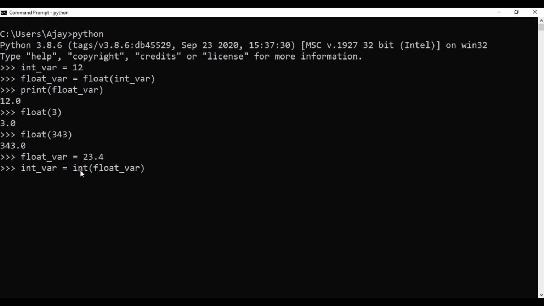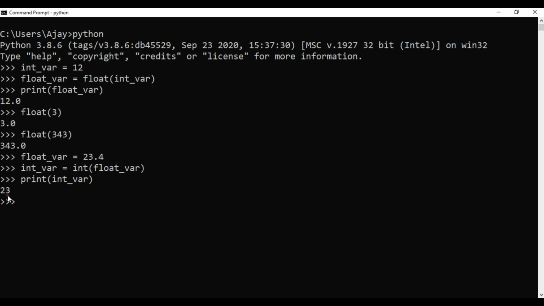And this int function will convert whatever the data that is present inside this float variable, that is 23.4, into integer, and then it stores that value inside this int_var variable. Okay, so now I will try to get the data inside this int variable, and for that I have used a print function.